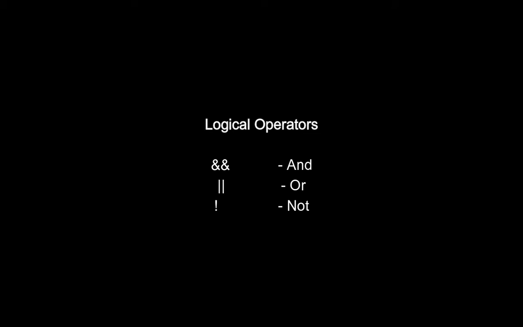In this video, we will look into the logical operators. We will see some examples on how to use these logical operators in C# language. But before we take some examples of logical operators, let's enumerate first what logical operators are. These are the AND, or the double ampersand, the OR, or the double pipeline character, and NOT, the exclamation symbol.